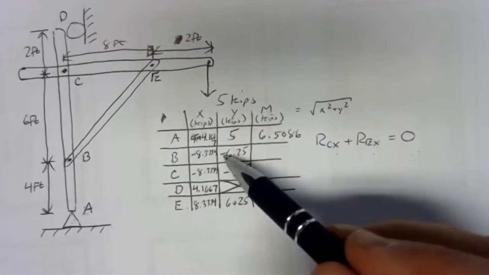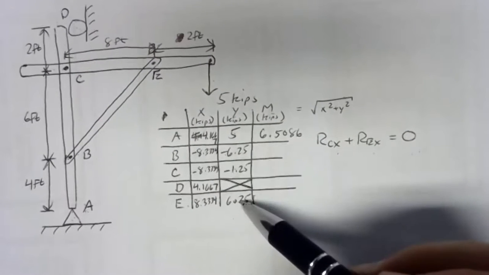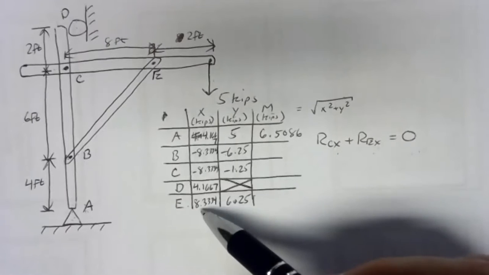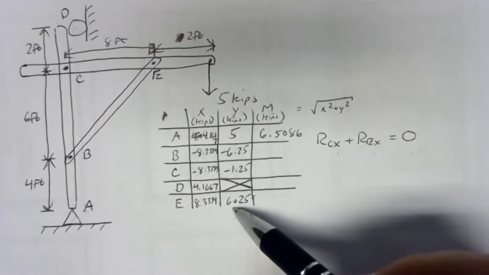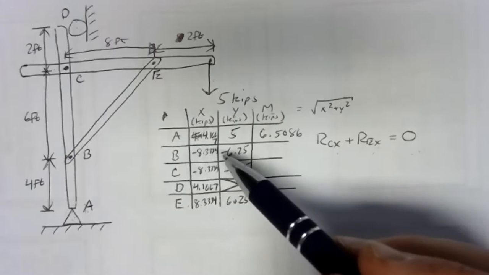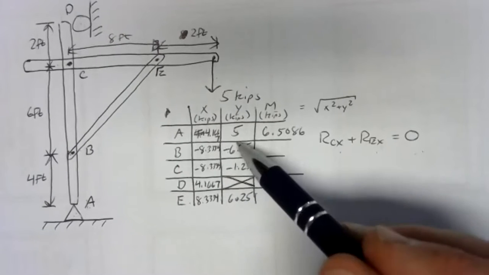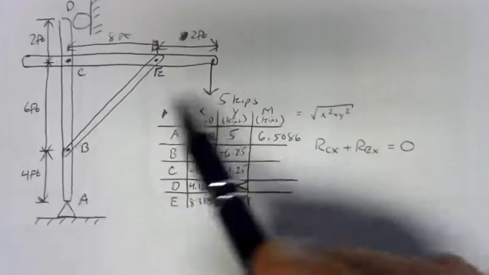For B, if you look at the values for E, B and E should come out the same, because even though we've got negatives here and positives here, the magnitudes are going to be the same, because when we square negatives, we get positives. And if we look at that, that seems kind of strange at first, but if you look at the